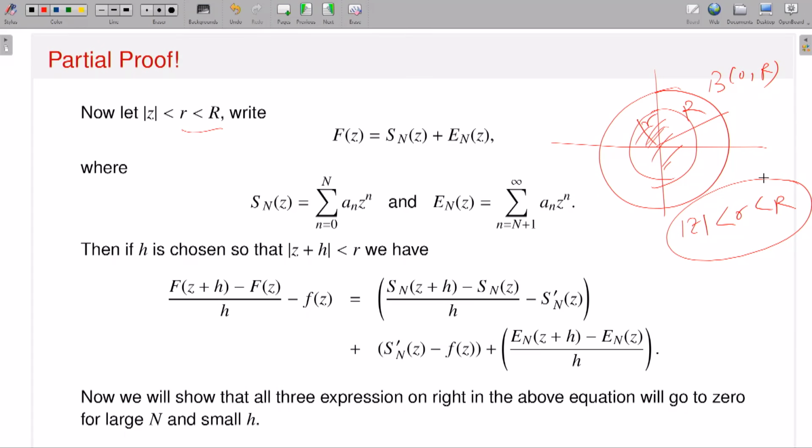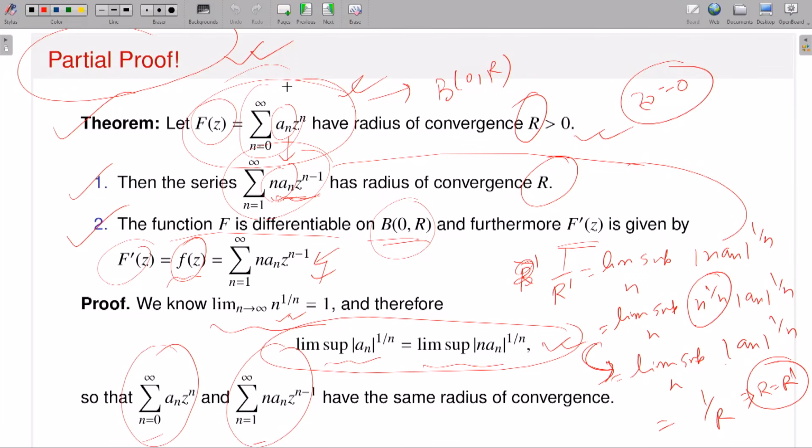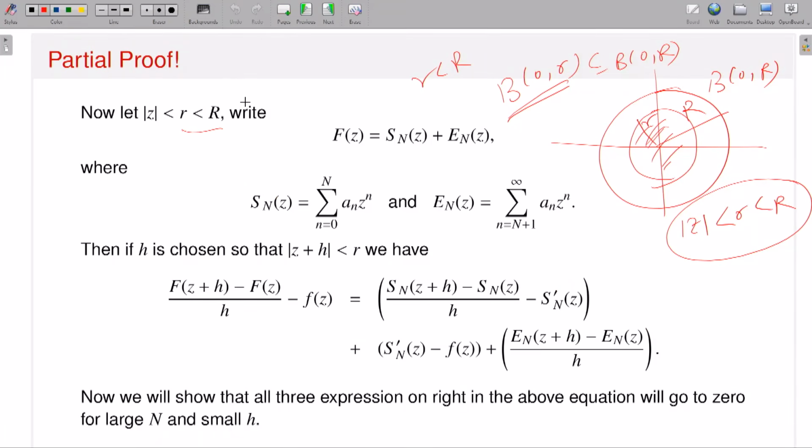Once I have a power series with radius of convergence capital R, then in the domain of convergence it is absolutely convergent. And if I consider a ball of center 0 radius small r, strictly less than capital R, fully contained in the ball of center 0 radius capital R, then in this domain my power series converges uniformly to my sum function capital F. This is a theorem I know, and I will use that fact. That is why it is essential to start with small r strictly less than capital R.